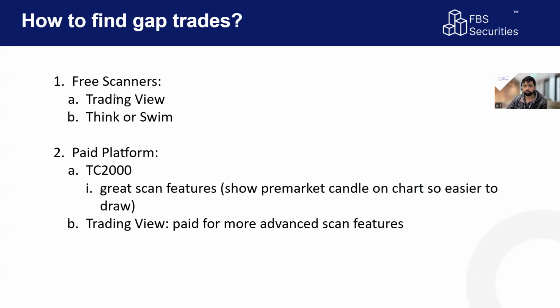For free scanners, there's also TradingView and Thinkorswim. I use Thinkorswim, so I have some scanners set up. But I also used TC2000, which is a paid platform. Their feature was really great because it would show the pre-market candle on the chart. So now when it comes to drawing or looking for any sort of trend line support, it is much easier. But again, it's not a necessary thing,